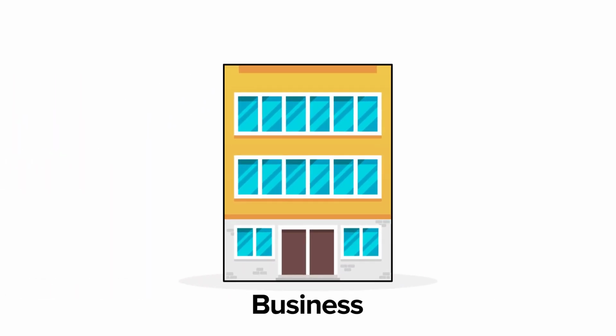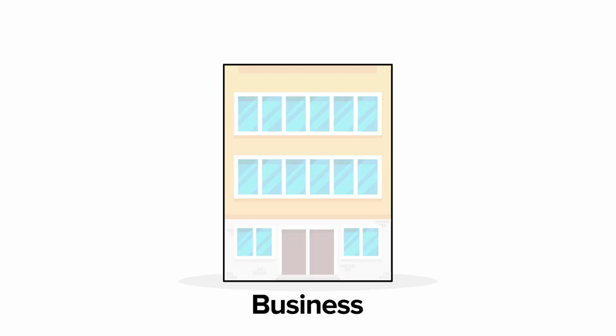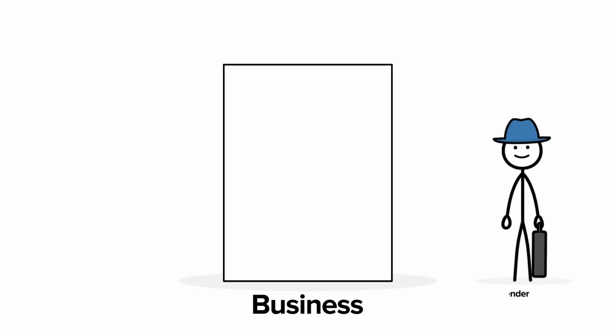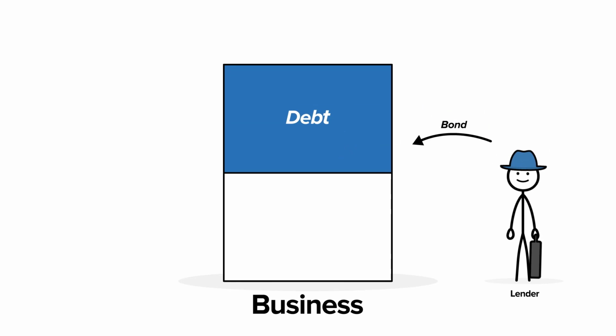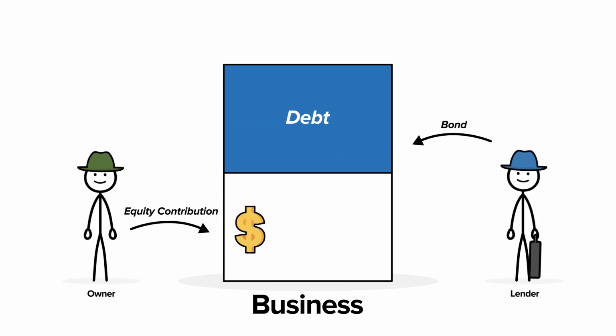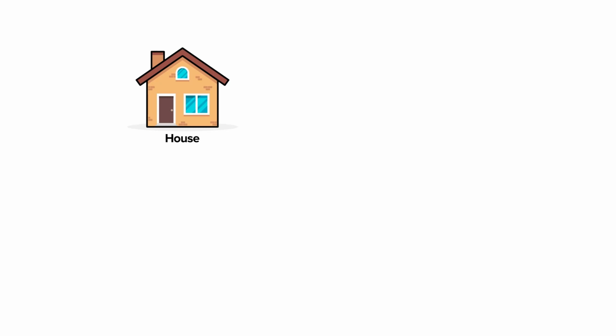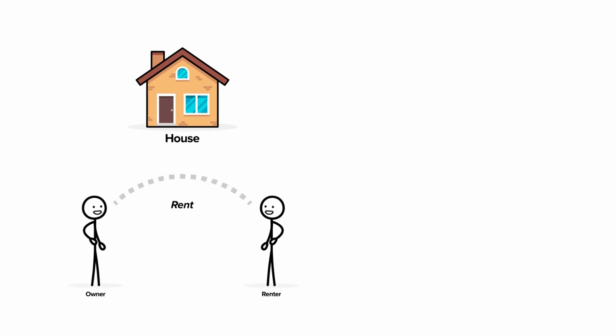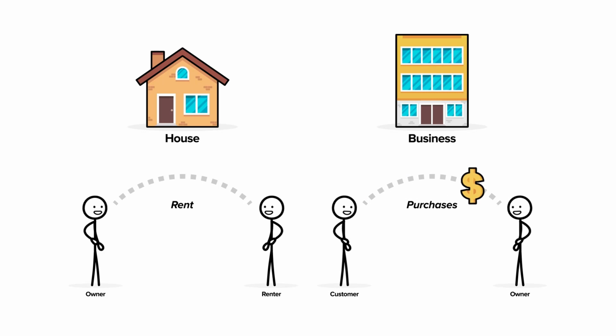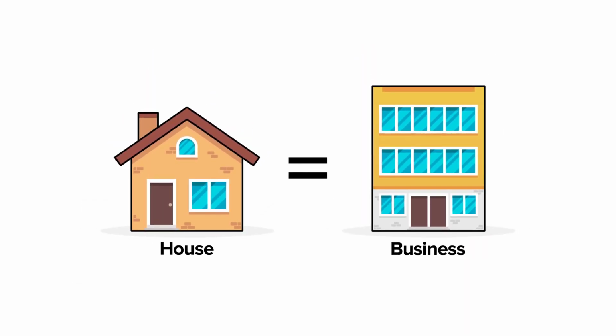If we were to buy a business, it would be nearly the same thing. Because businesses are typically less predictable though, a lender would likely offer at most 50% of the purchase price. We would similarly have to fund the remainder of the purchase price, which we will call an equity contribution. After the purchase, with the house, we collect payments from renters. With the business, we are paid by our customers. These payments accrue to the owners and increase equity value over time. As you can see here, a rented house is the same as a business.